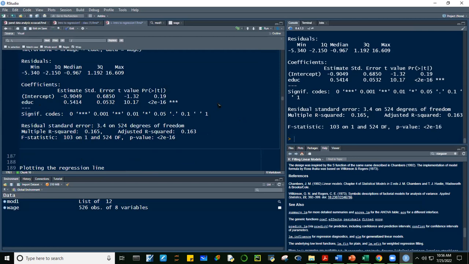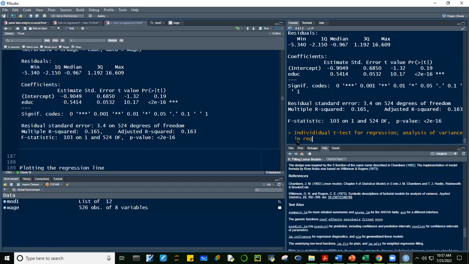Now, kindly review guys for your assignment yung individual t-test for regression, and also the analysis of variance in regression. Kasi guys, ito na yung output niya, no? Ito yung individual t-test, tapos ito hindi pinakita yung regression, but we can generate that. No? Okay, so